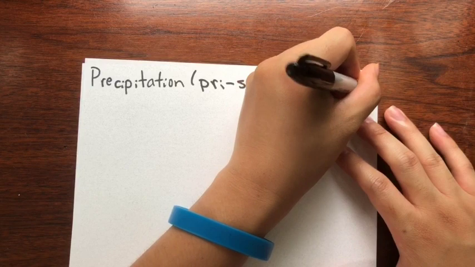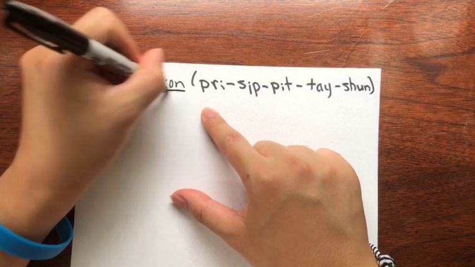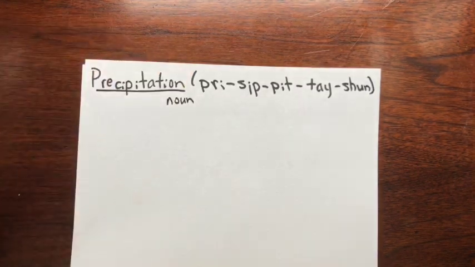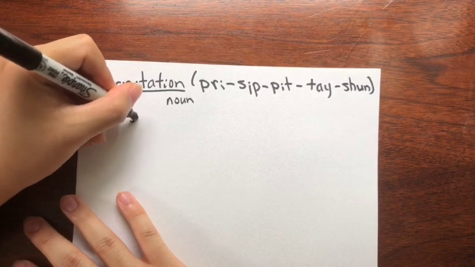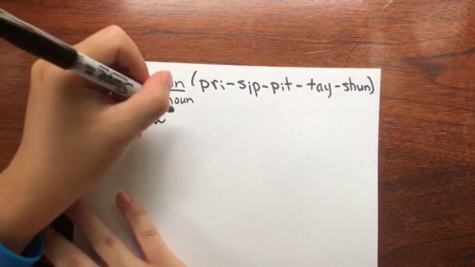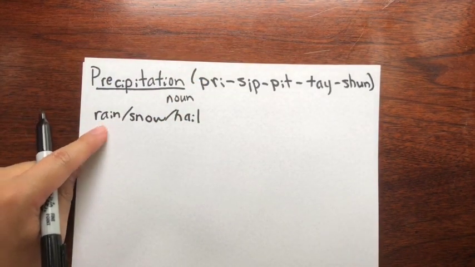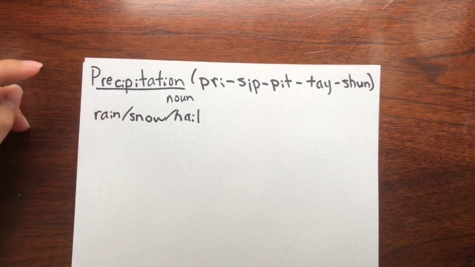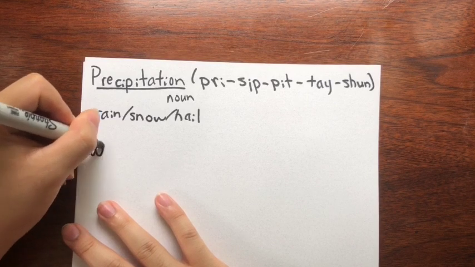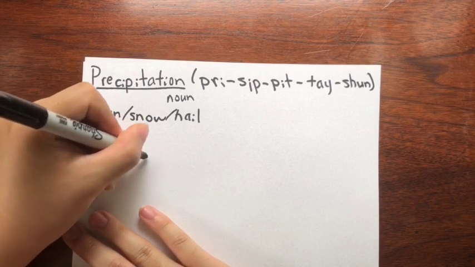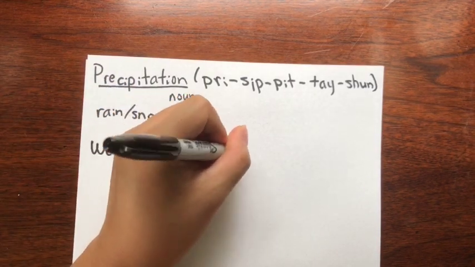Precipitation. It's a noun. What does it mean? It means rain, snow, hail. Any kind of water that comes from the sky, that comes from clouds, is precipitation. And then we measure precipitation